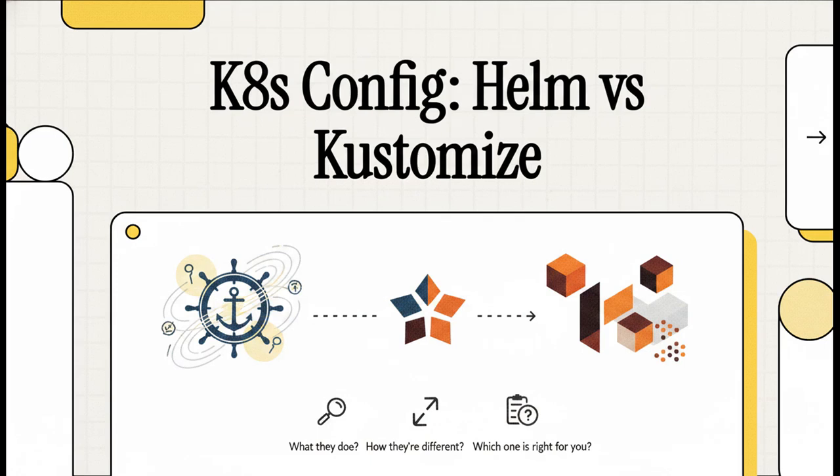All right, let's talk Kubernetes. If you've ever felt like you're drowning in a sea of YAML files, trust me, you are not alone. It's a common headache. But today, we're going to throw you a lifeline. We're diving into two super powerful tools designed to bring order to all that chaos: Helm and Kustomize. We'll break them down, see how they're different, and by the end, you'll know exactly which one is right for